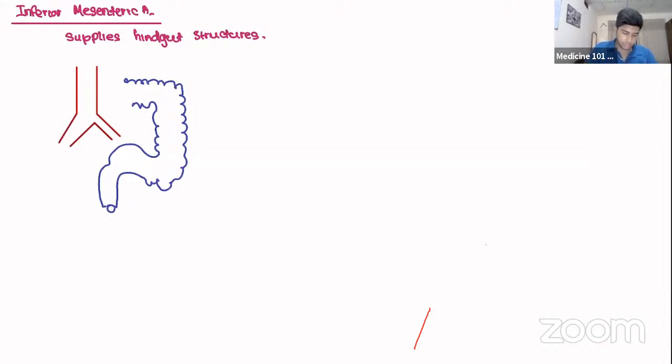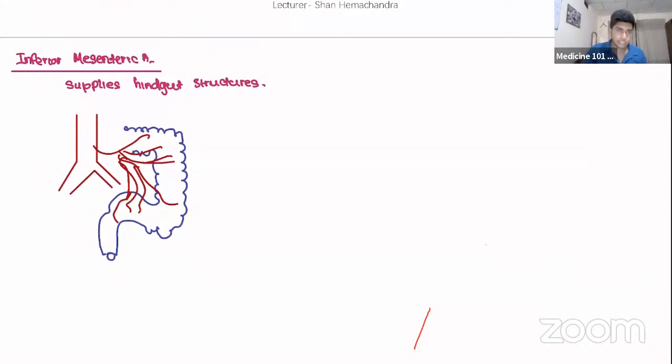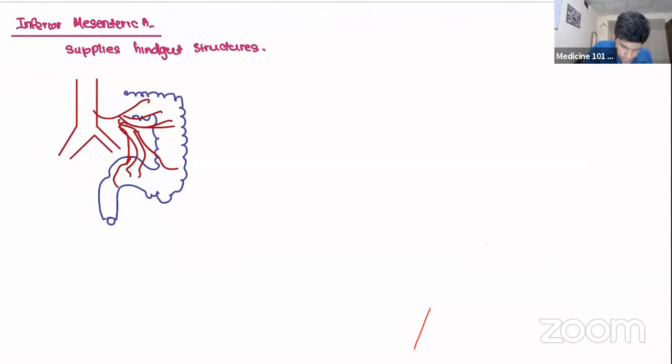Here are the hindgut structures. There are 2 branches you need to know. Yeah, it is going to supply these regions. I will talk about the internal iliac arteries and their innervations later. Okay. Supplies the